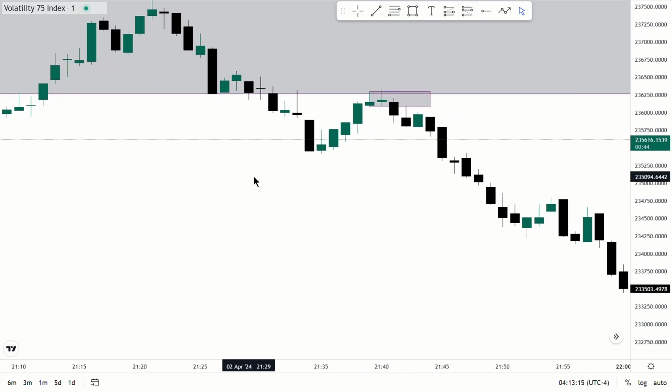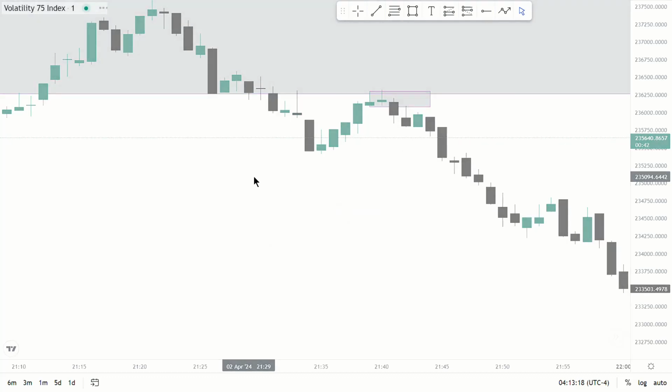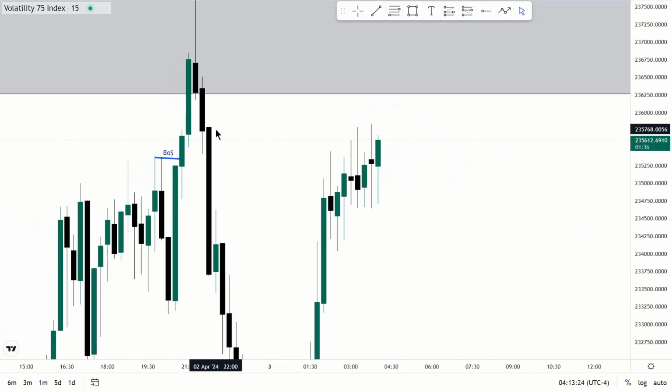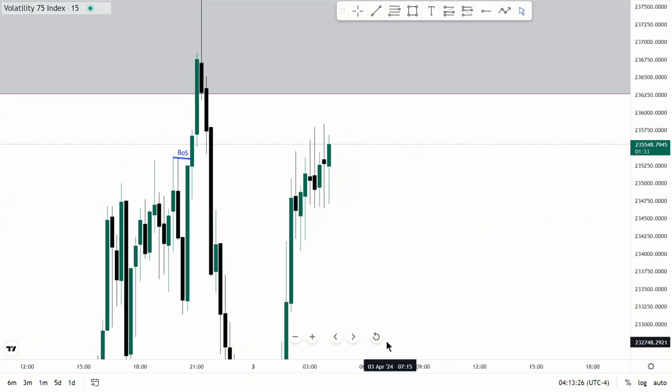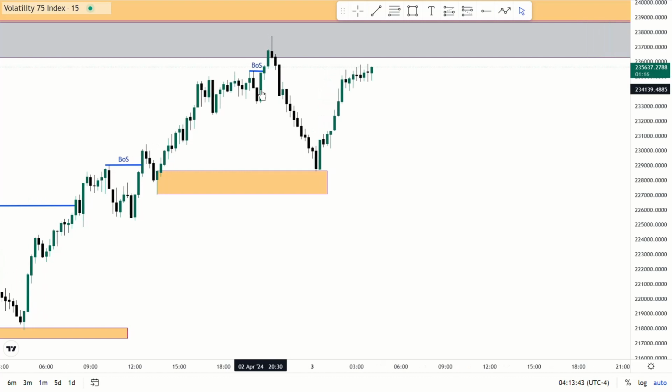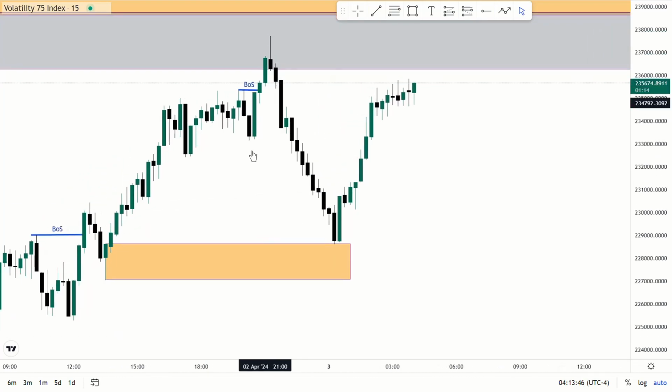So when we go up again to the 15-minute chart, this is the movement right now. Under the 15-minute chart, this was a counter trend. You can see this break of structure here. If you are wondering if this was a change of character, it was not. If you've watched my videos on how you can mark your changes of character, you already know why this is not a change of character.